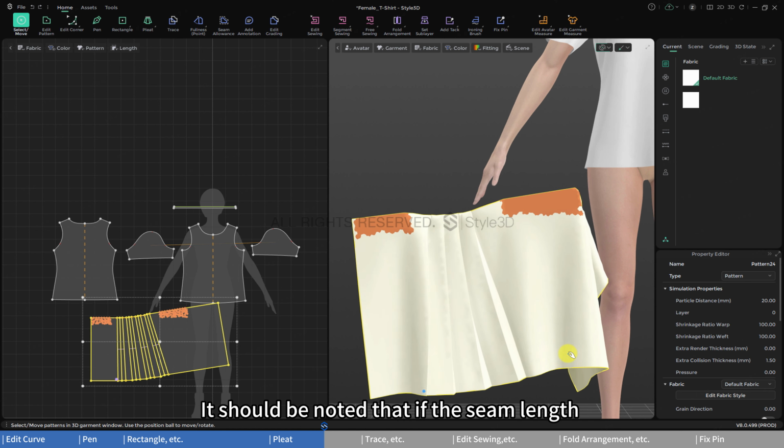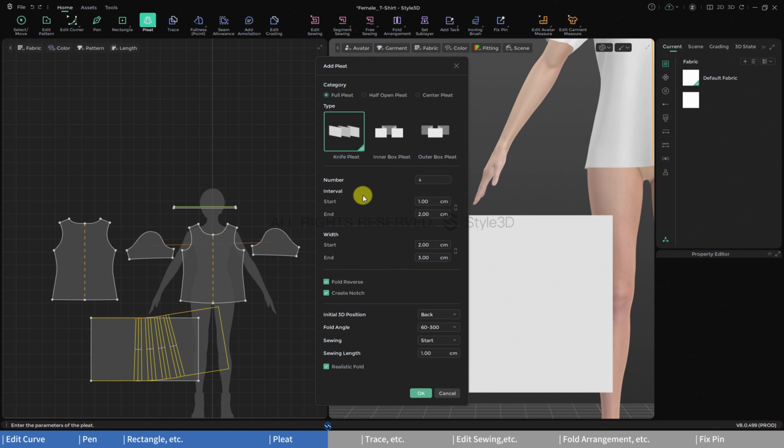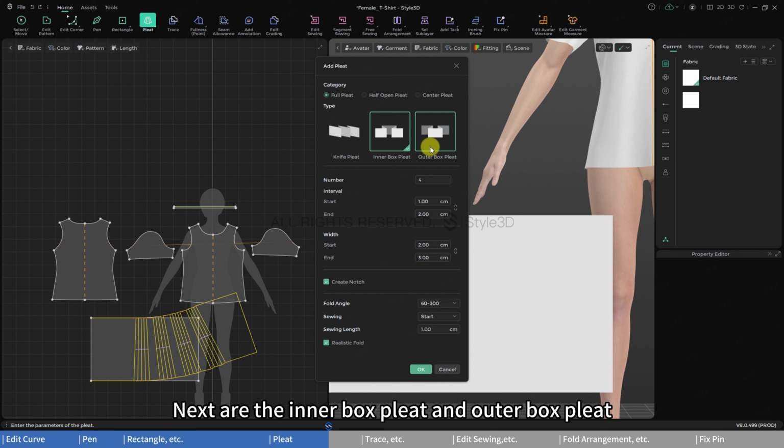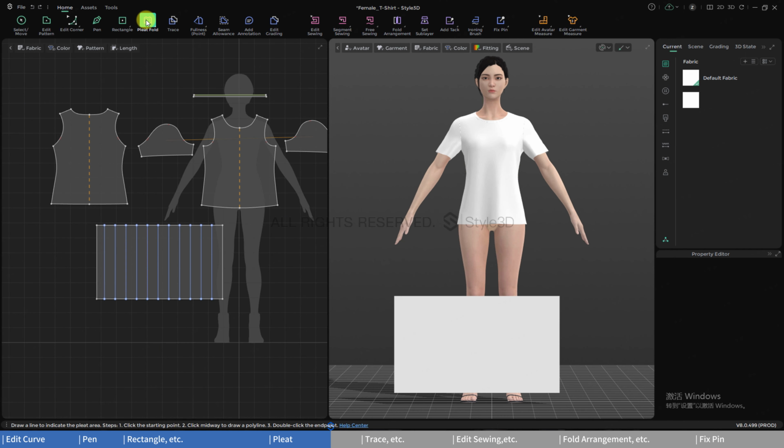It should be noted that if the seam length does not fully correspond to the pleat folding amount, it may result in fluttering, so be sure to match the lengths accordingly during production. Next are the inner box pleat and outer box pleat, which operate in a similar manner and will not be elaborated on further. Expanding the drop-down reveals the pleat fold tool, which quickly sets the folding angle for the internal